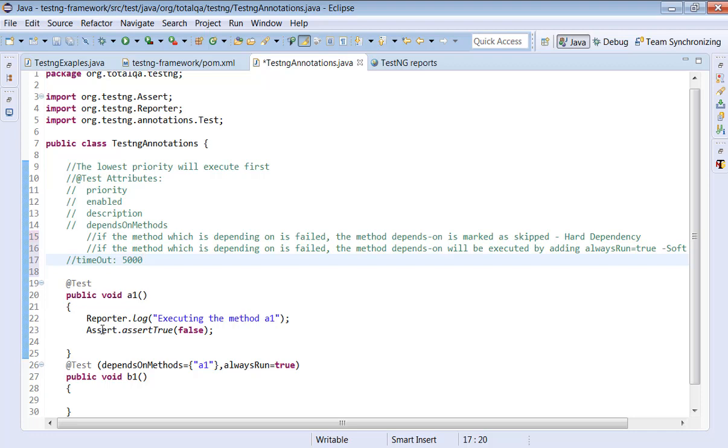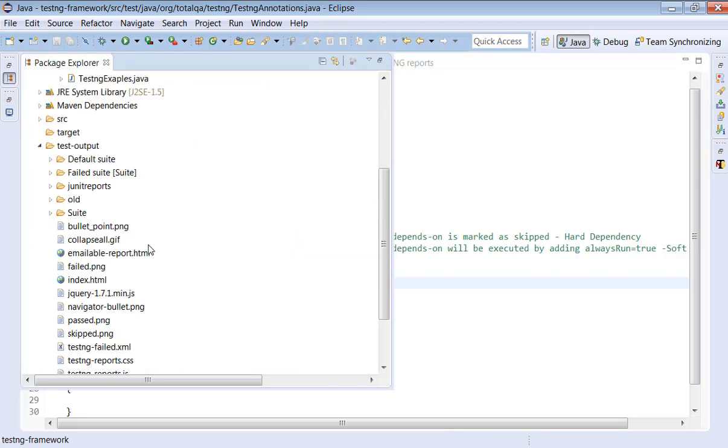This is mainly helpful in the case of Selenium. The advantage here is if the test case is executed in less than 5000 milliseconds, the test case is passed, else the test case will be failed. So this is important to check how much time the test case is taking to execute.